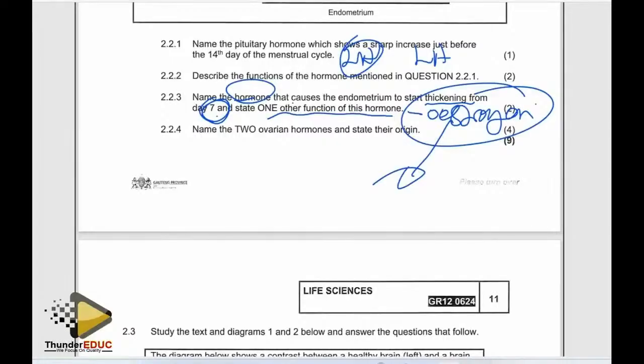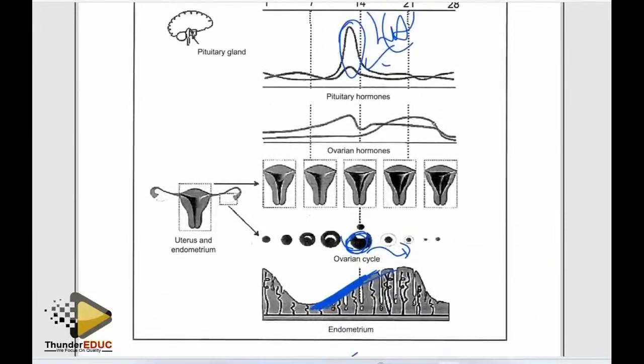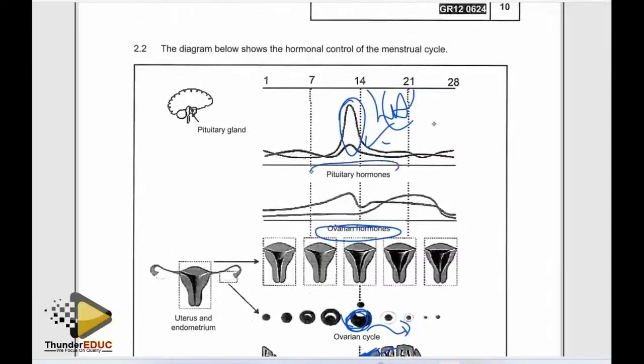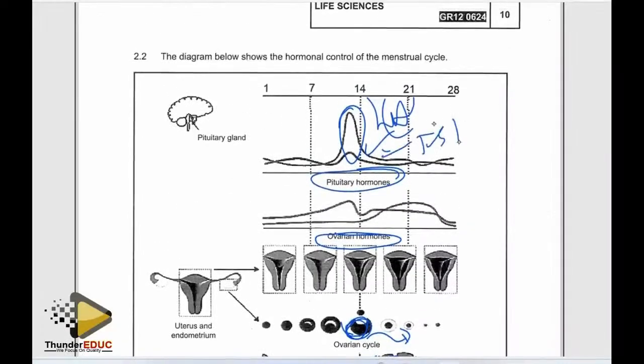We are looking at the hormones which are produced from the ovary. That's why even here they are saying ovarian hormones. Even they are showing you them here. So this is follicle stimulating hormone, and then this is the